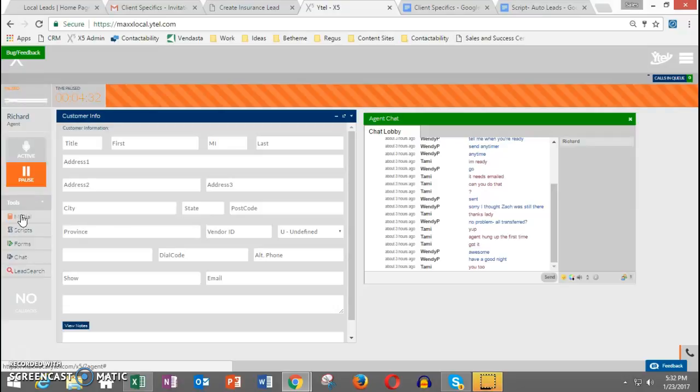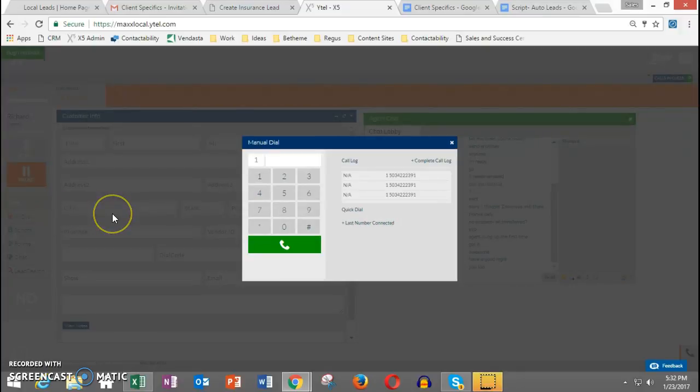The manual dial is how you can make a specific call to a specific number. So you're going to click on manual dial, and then you just type in the phone number that you want to use, or copy and paste it. So you can type in a phone number, 503-422-2391 or 2364, whatever it is, just put it in there, click dial, and off and away you go. So if you need to make an outbound call to a specific number, some people in the morning jump in their dialer early and dial into the conference call this way. Totally up to you. But that's how you make a manual dial.